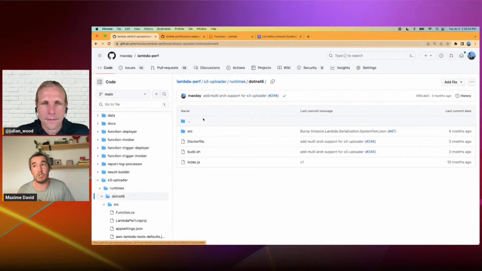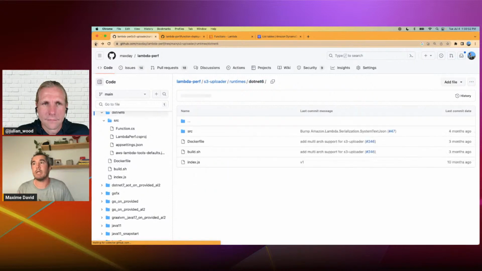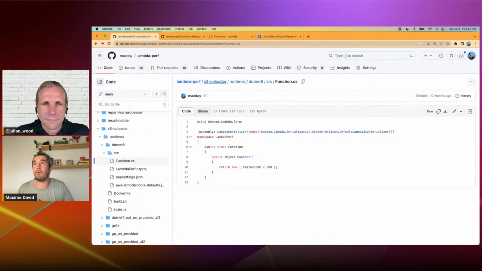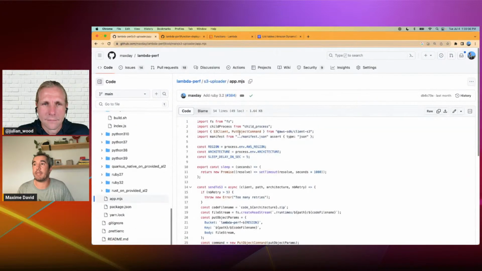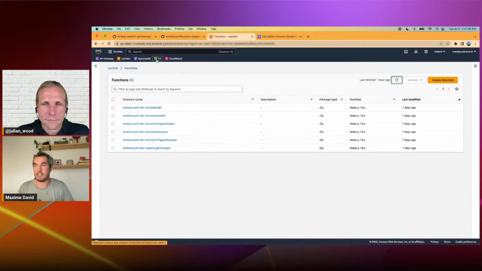So yeah, usually it's really simple. Everything is Dockerized, so we can build it for ARM and x86. So yeah, this is the S3 uploader. We have an application here. We loop over every runtime, and what we do is we send this package to S3. So under the hood, we have the S3 packet here,